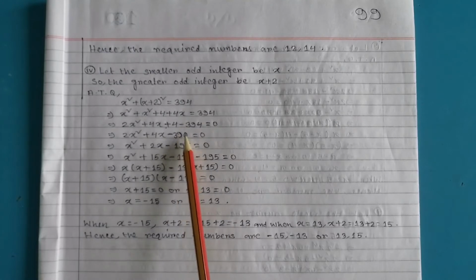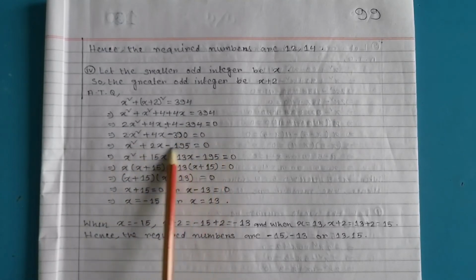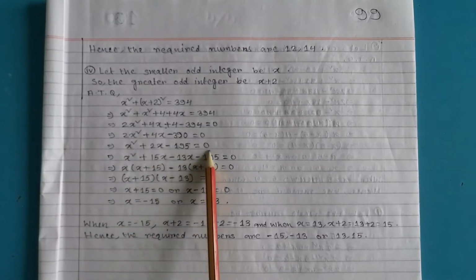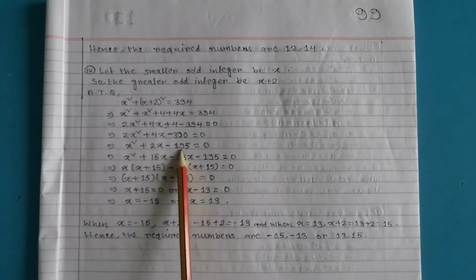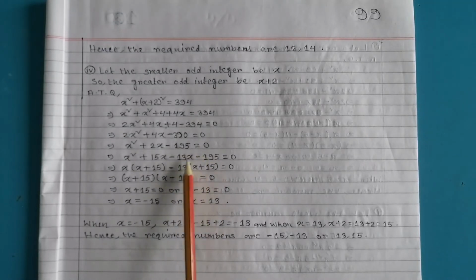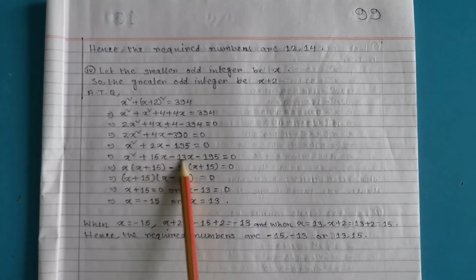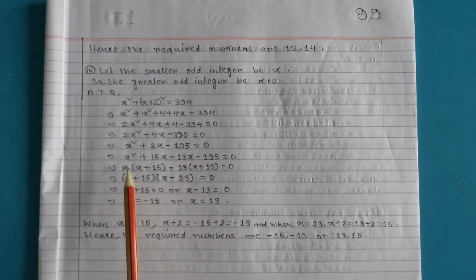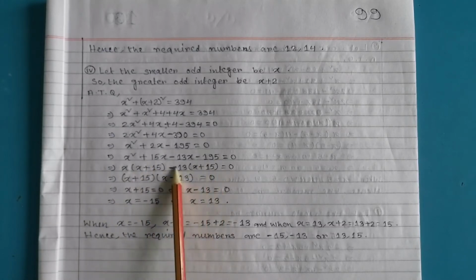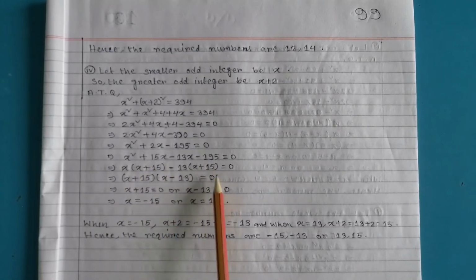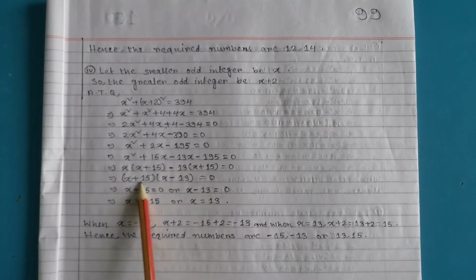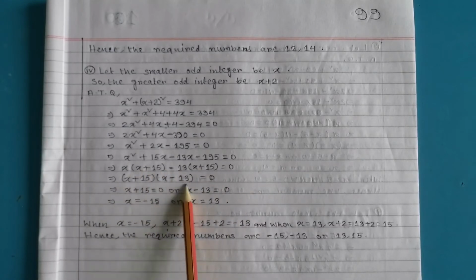If you take 394 to the left hand side, it will be 390. Divide both sides by 2, so it will be x square plus 2x minus 195 equals 0. 195 can be written as the product of two factors, 15 into minus 13, and 15x minus 13x equals 2x, so you can split 2x in this form. Now from these two take x common, so x plus 15, and from these two take 13 common, so x plus 15. So from these two take x plus 15 common, and x minus 13 remains, that equals 0.